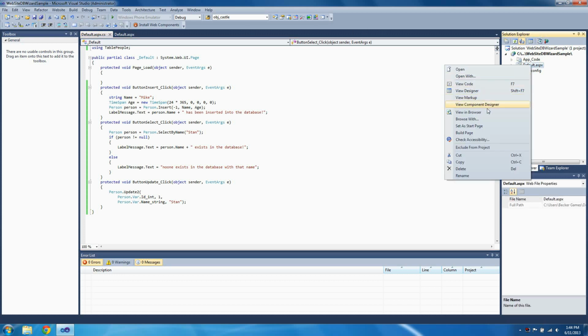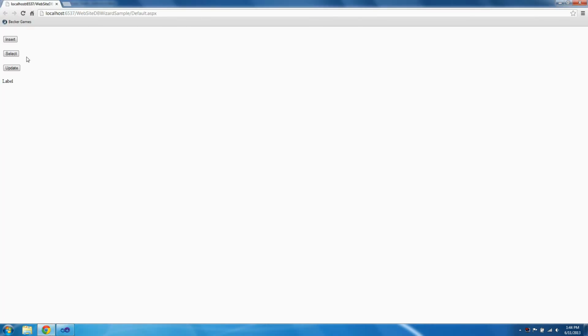View in browser, and let's try to select. It says no one exists with that name. Now let's update, so we update Mike to have the name of Stan. Now let's select again, and now it says that Stan exists in the database. Let's close out of the browser,